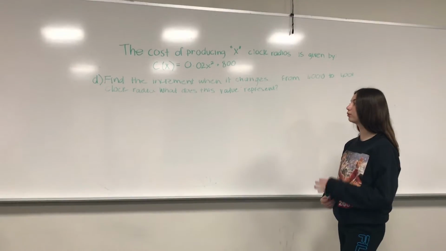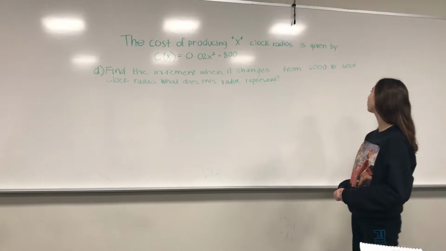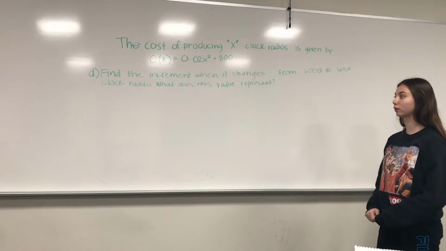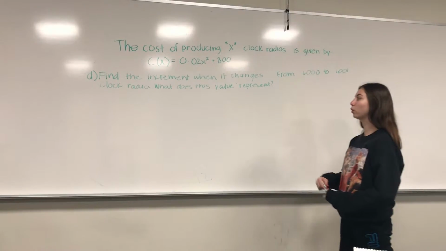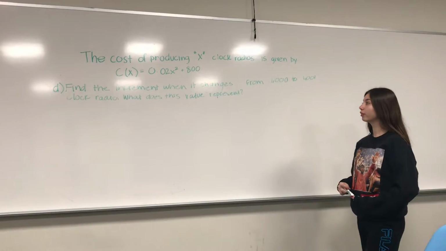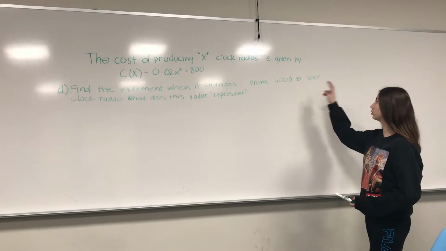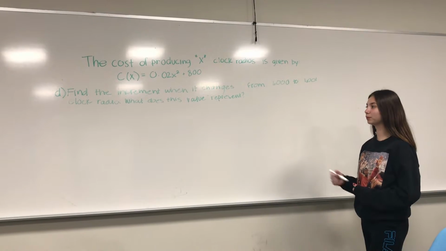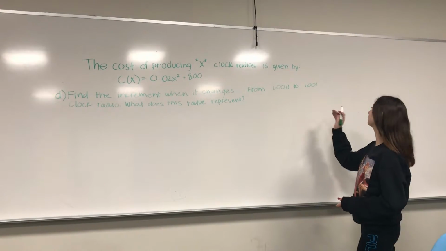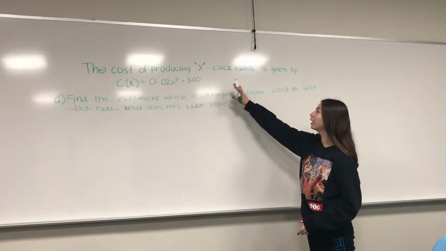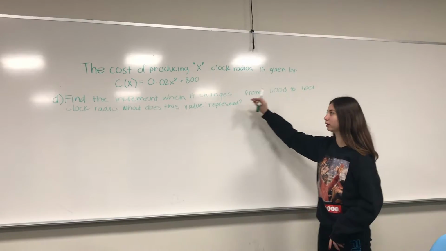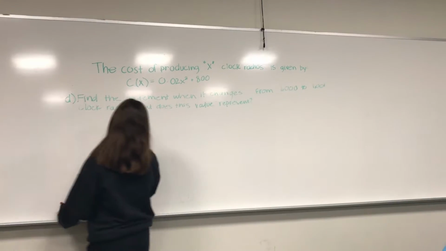Letter D, you need to find the increment when it changes from 1000 to 1001 clock radios, and to know what this value represents. The increment is the change between the two values, so to get the increment, you need to first plug this number in this formula and subtract it by this number plugged in this formula. So you need to do